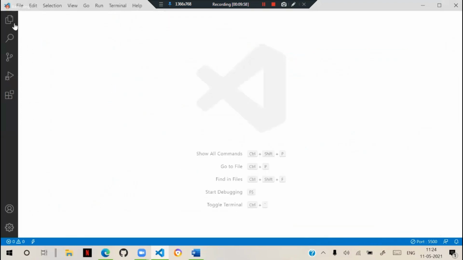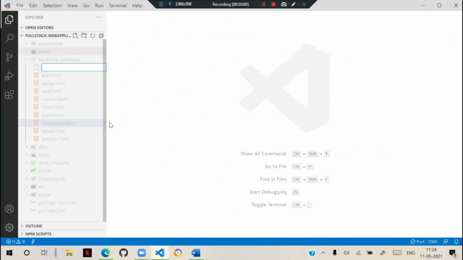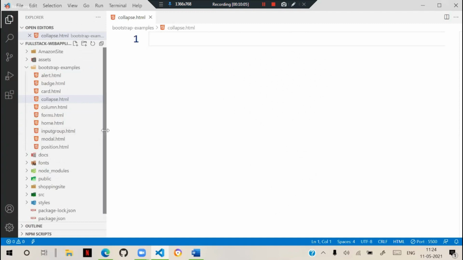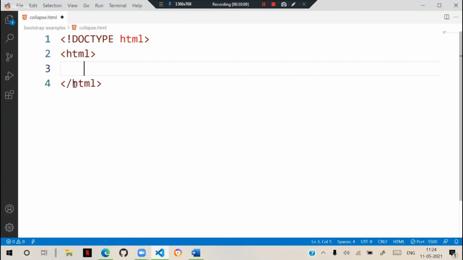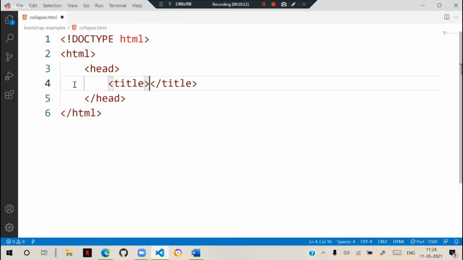Let's close this and create a new file, collapse.html. In this, we are defining the doctype, HTML, head, and title: collapse. And let's link here.